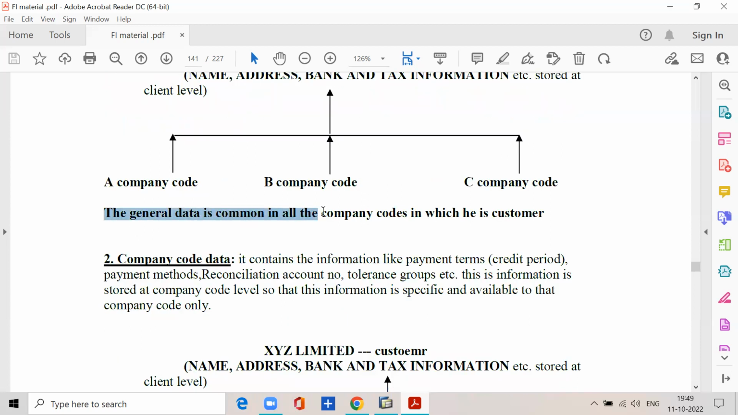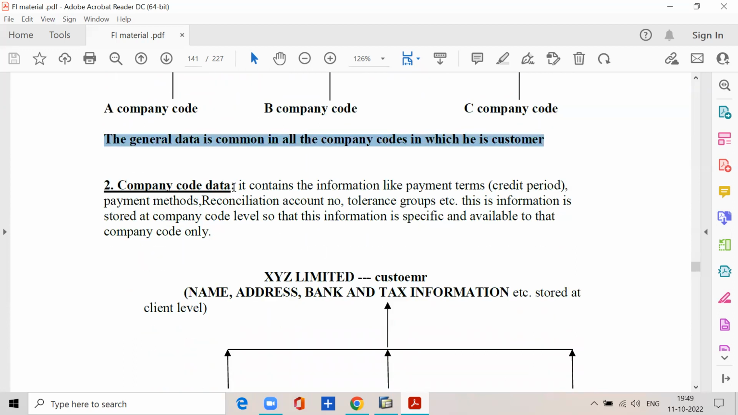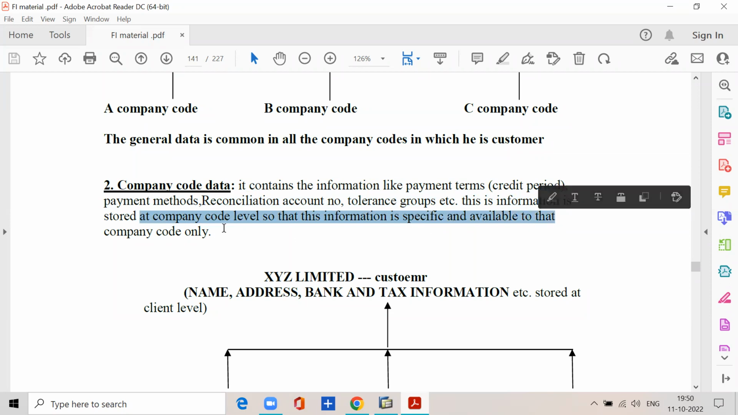The general data is common in all the company codes in which is a customer. Then number 2, company code data. It contains information like payment terms, means credit period, payment methods, reconciliation account number, tolerance group, etc. This information is stored at the company code level so that this information is specific and available to that company